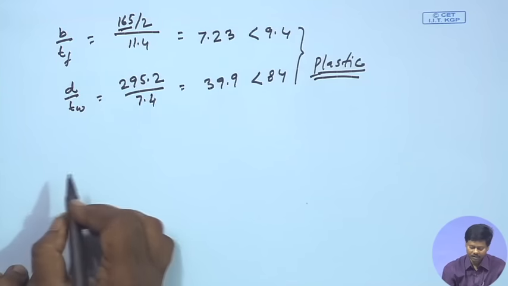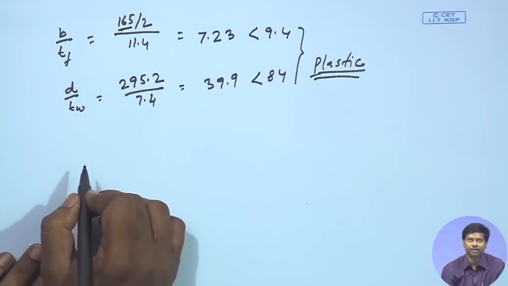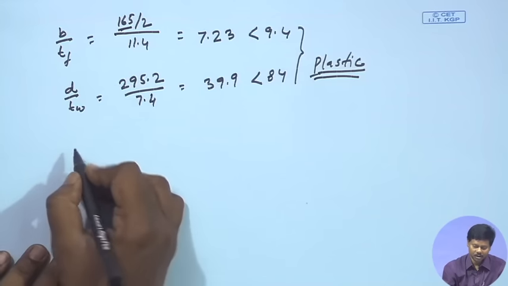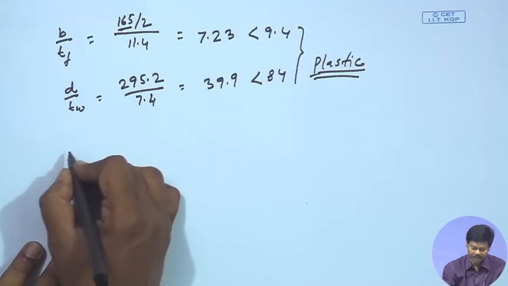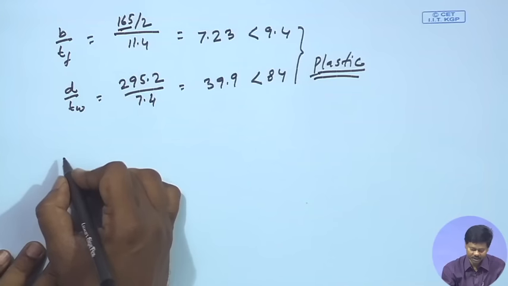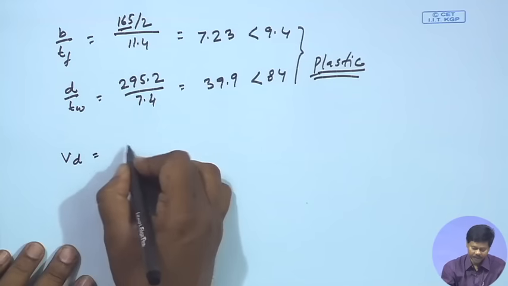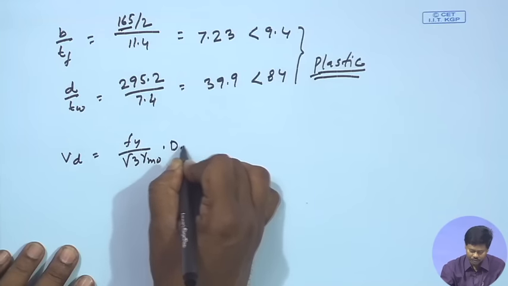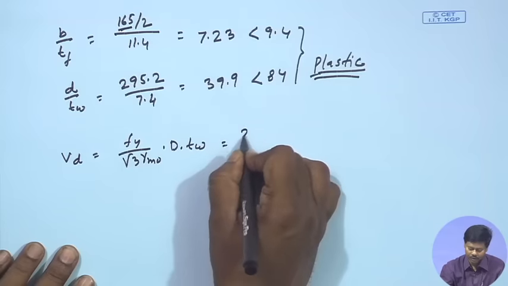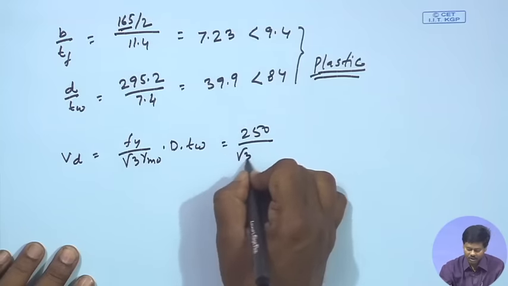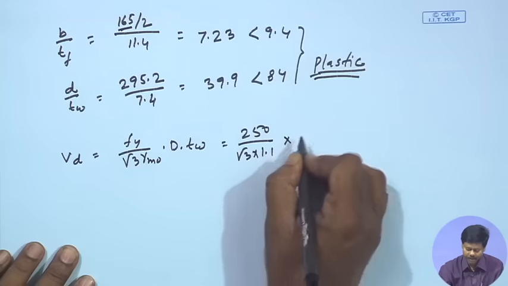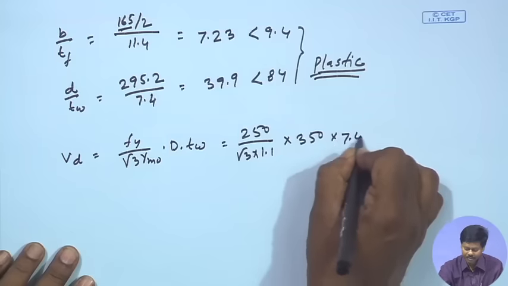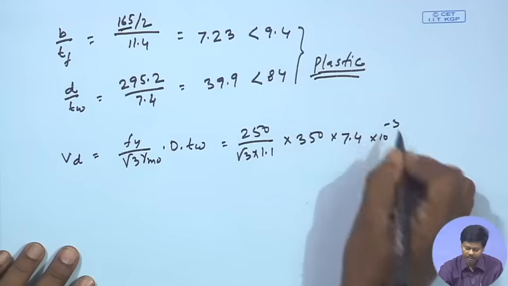Then we have to see, before calculating the design bending strength, whether it is low shear or high shear. For that we will check the shear capacity. The design shear strength of the section we can find out as Vd = Fy / (root 3 gamma m0) × D × Tw. Fy is 250, root 3 into gamma m0 is 1.1, D is the overall depth 350, and thickness of web is given as 7.4, and if I convert into kilonewton,